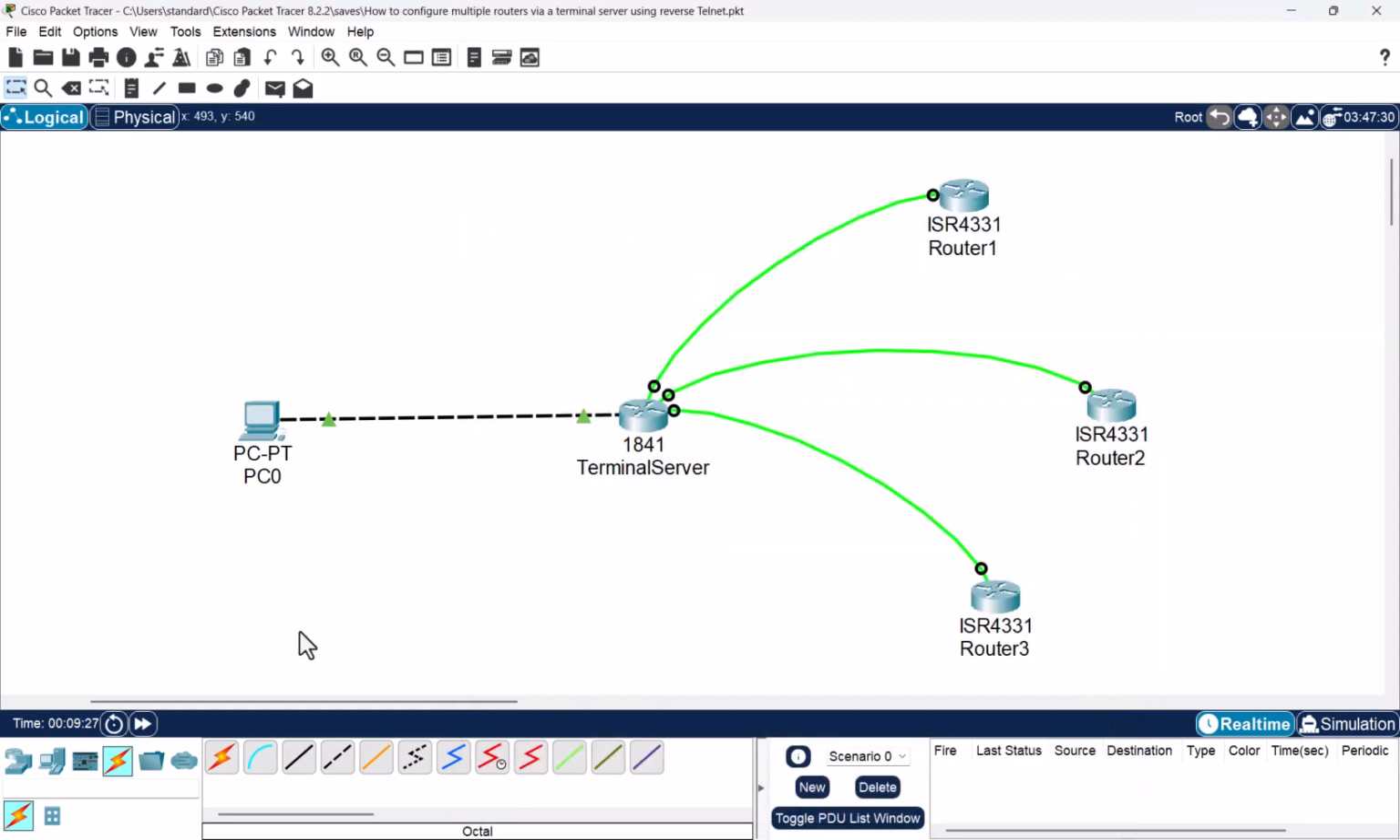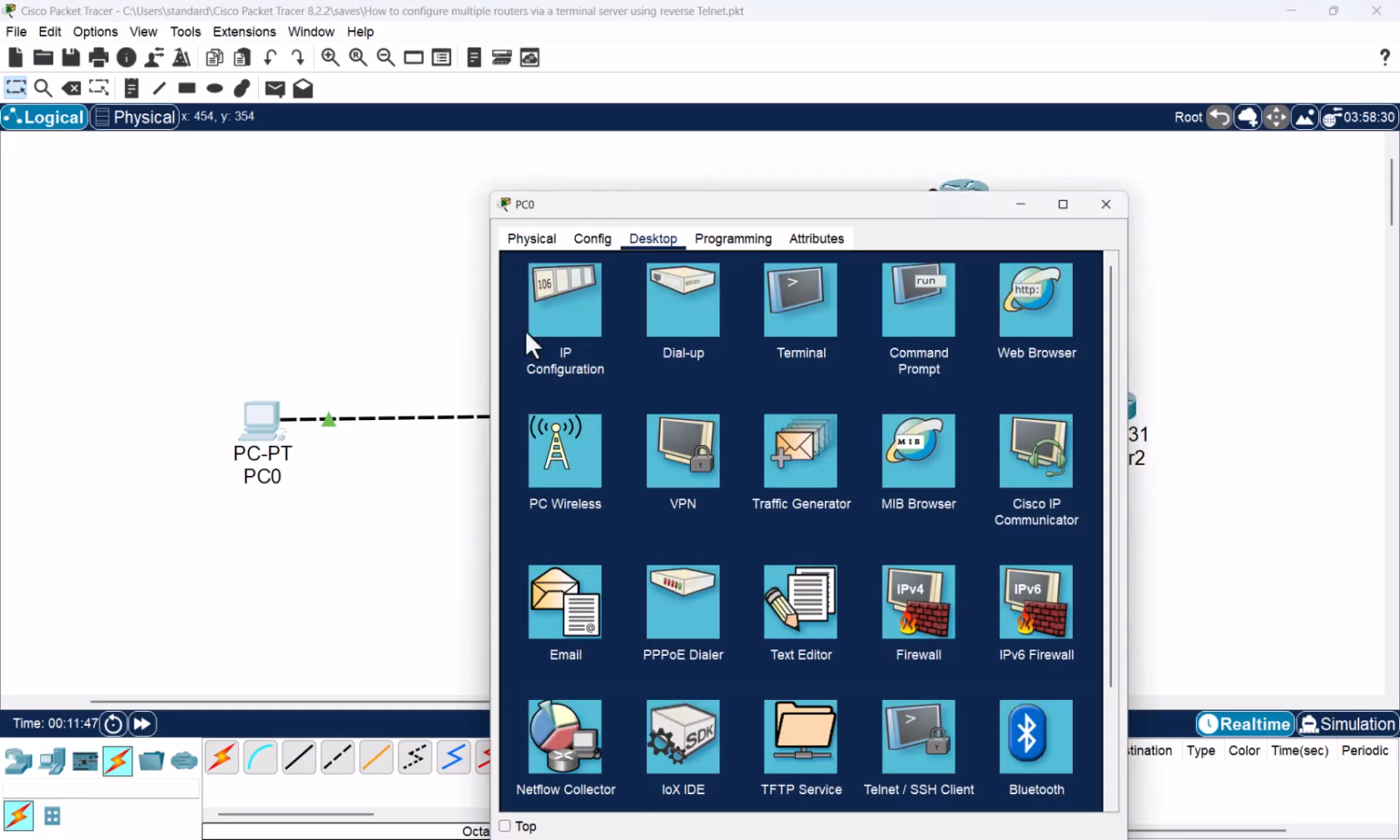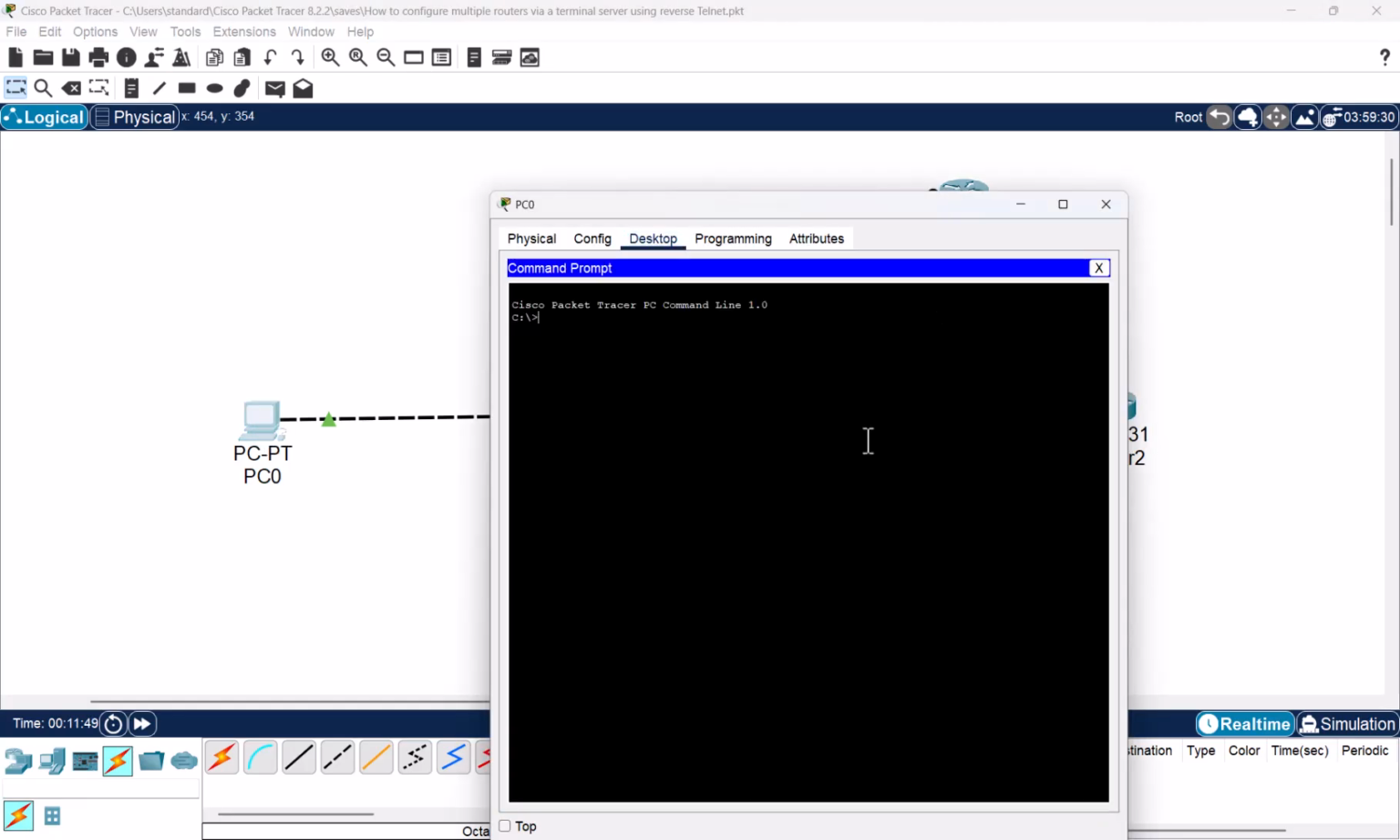Okay, and finally I'm going to fast forward the time to make sure that all of our changes have taken effect. And if we have done everything correctly, I should be able to configure all of the 3 backend routers through the terminal server from our client, the PC, using reverse telnet. So I'm going to open up our PC and fire up a command prompt, and I'm going to run telnet 192.168.1.1, which is the IP address of our terminal server,